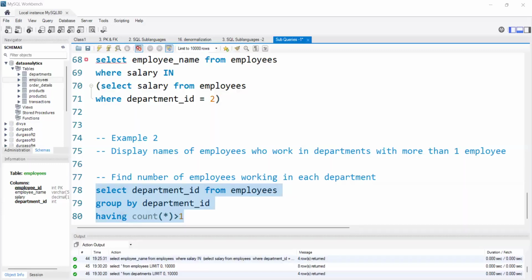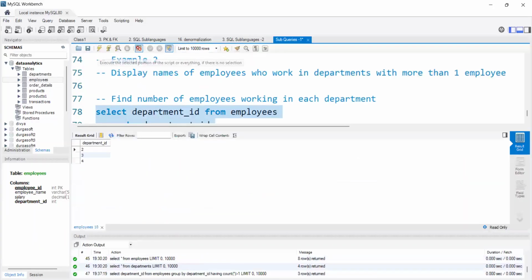So basically, this is how we will write the second part of the question. Now, what is my requirement in the question? I want to display the names of the employees with respect to this question, correct? So now what I will do here, if I execute this, it is giving me three department IDs, 2, 3, and 4. That is what we saw previously in the